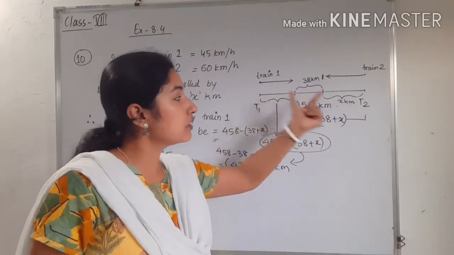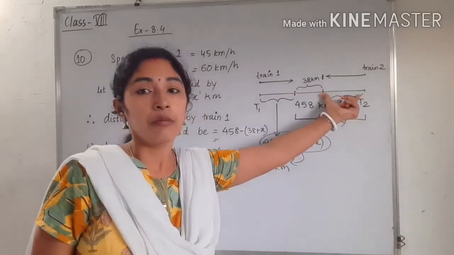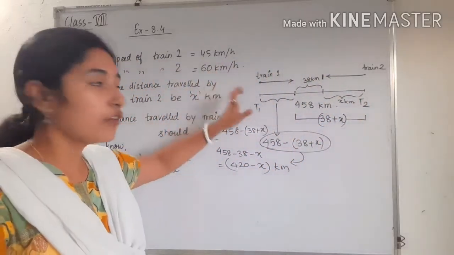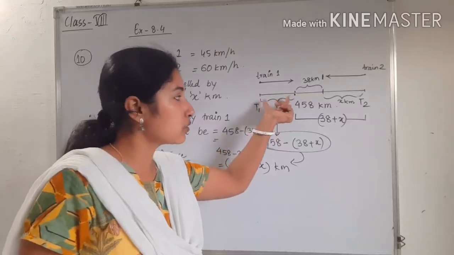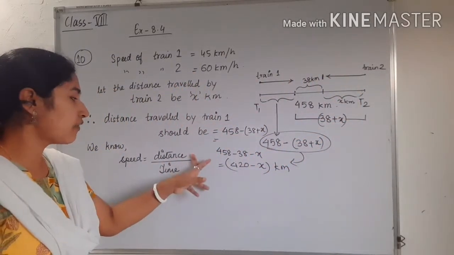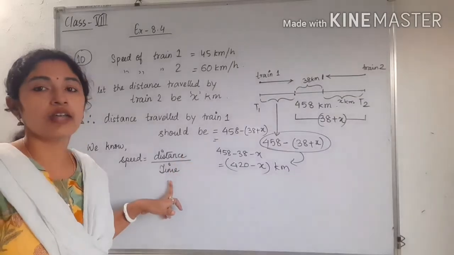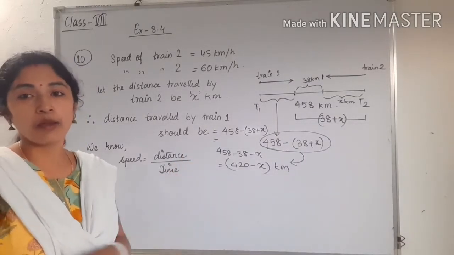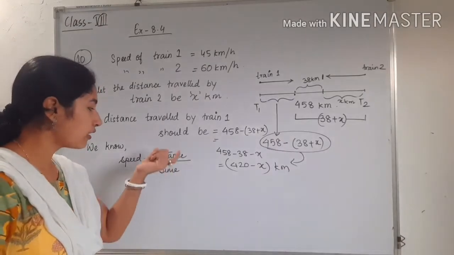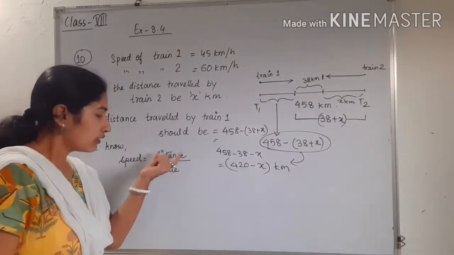So why we are finding this much distance? See, this distance and this distance is necessary because already we are given what? We are given speed. So if we find the distance, okay, this distance and this distance, so speed is given, distance is given, so we can easily find the time. Okay, so that's why in the previous question also, first of all, I have found what? The distance.